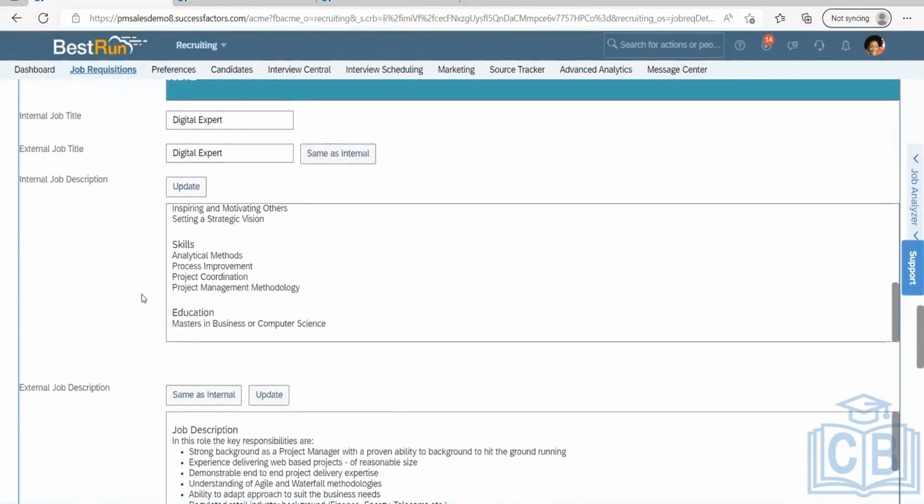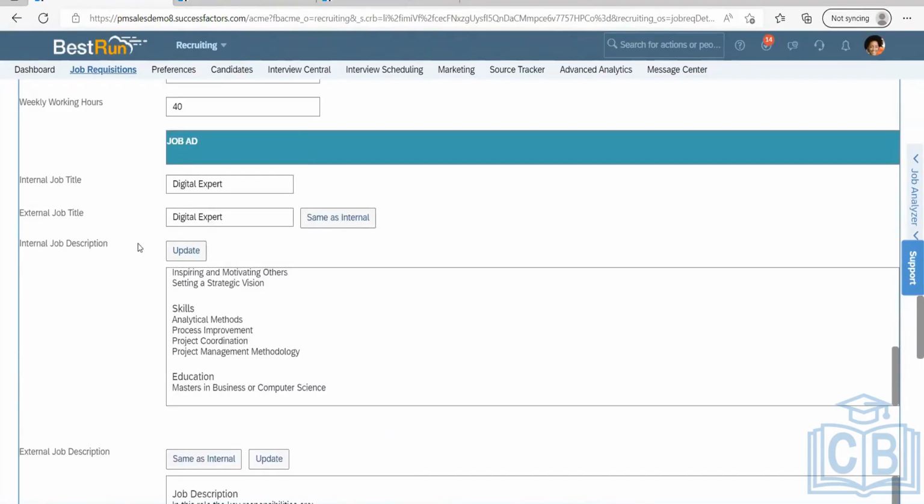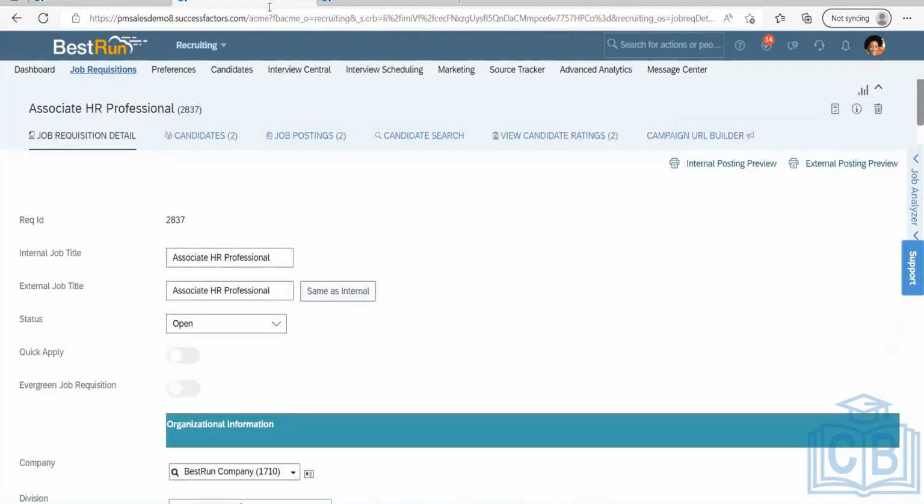Now we will talk about internal job title and external job title. The internal job title field is for what? Do you want to call this job something different for internal candidates? You know about IJP, right? Internal job portal. If I'm working within a company, I can apply for a different position within my company. If I go to careers,